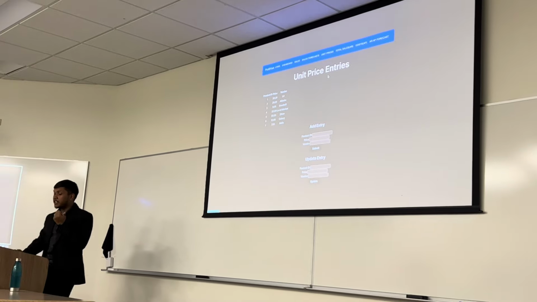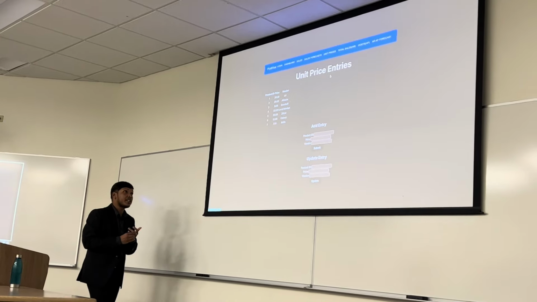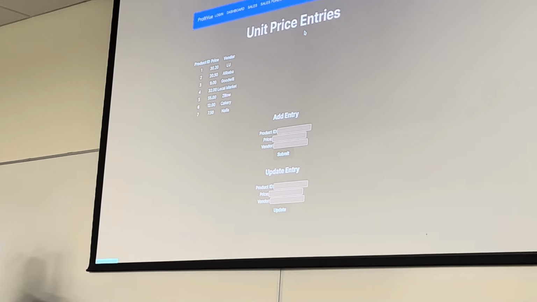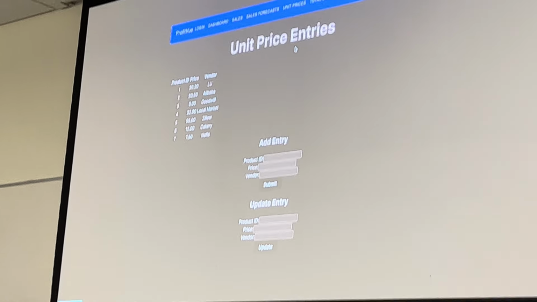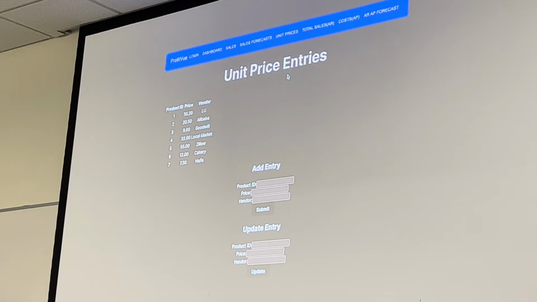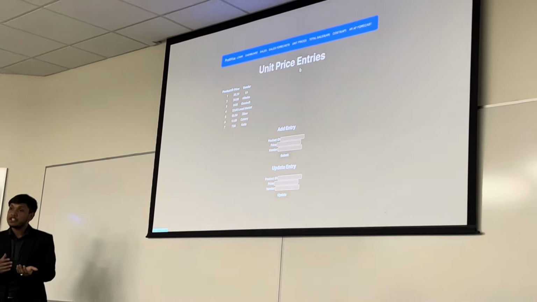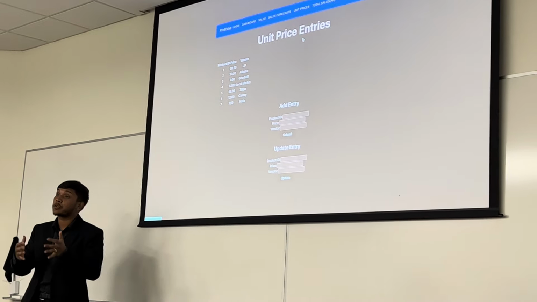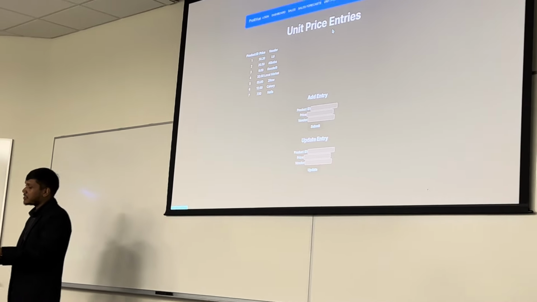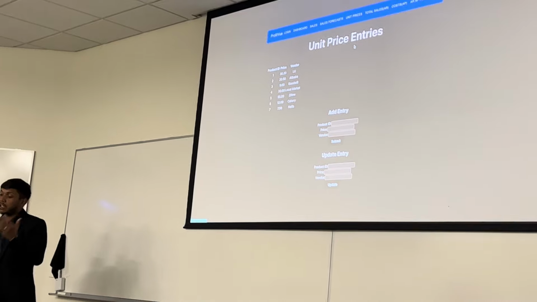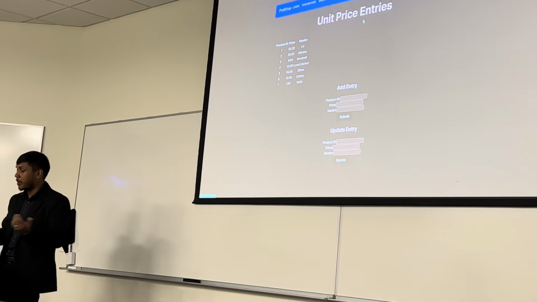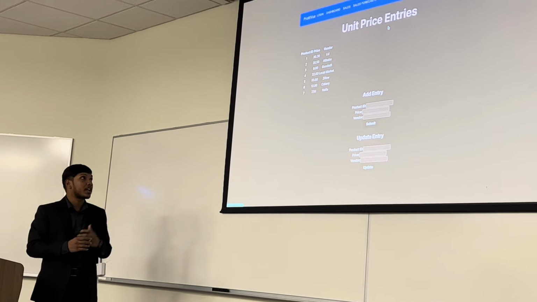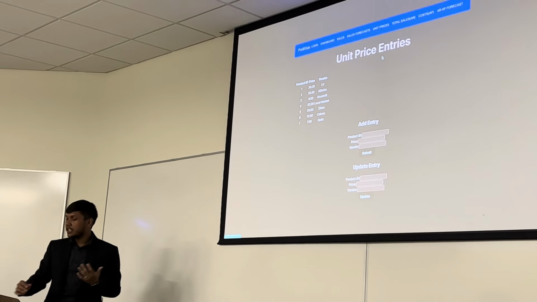And then you have the unique price entries. Maybe you will be selling different kinds of products, and you can also put in the system which vendor you are buying those products from and what the unit price is, which goes to the database and figures out the total accounts receivable, because it's just a factor of multiplying the units you are selling by the price of that product ID. You can add any kind of new product that you want. You can update any kind of product.